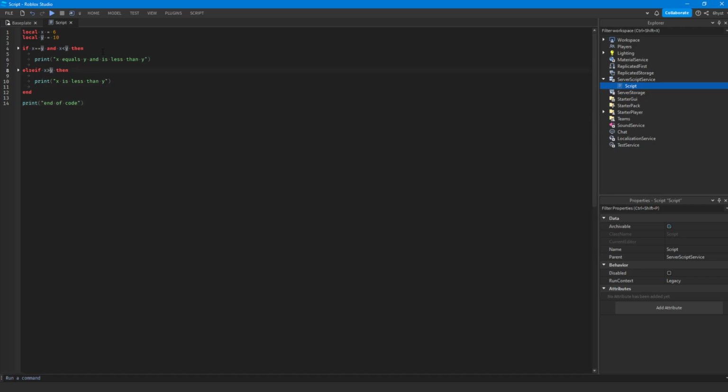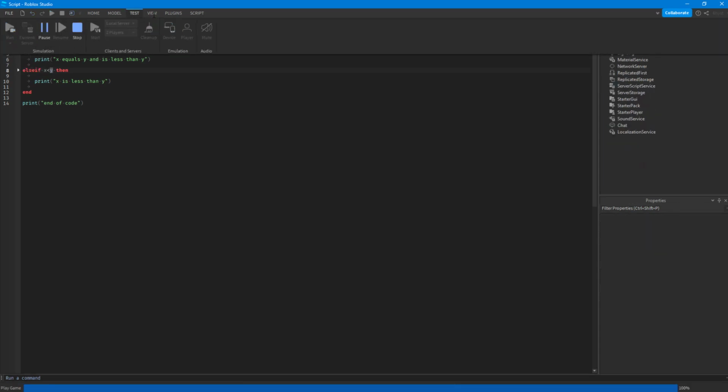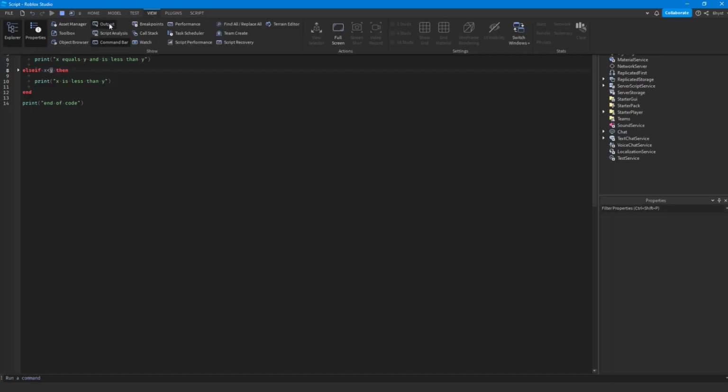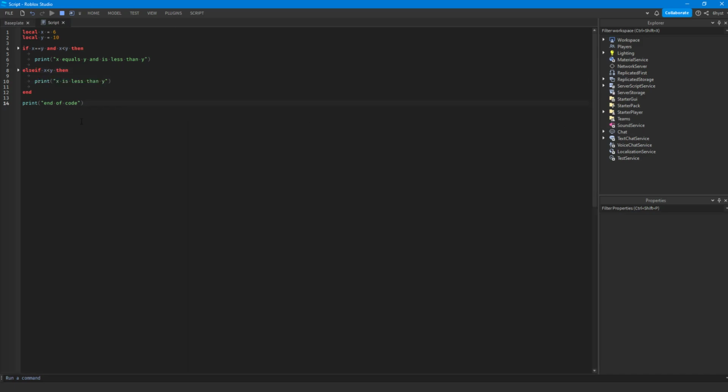If we change this back to less than, then you can see it prints out x is less than y, and then it also prints out the end of the code. So it will continue on after it runs the code inside here just the same. If we want to do something if all these conditions end up being false, we can